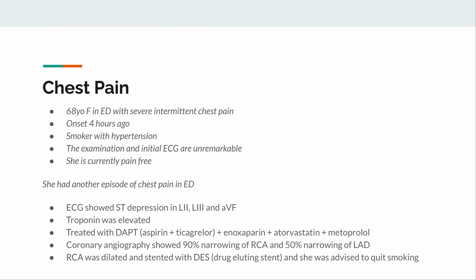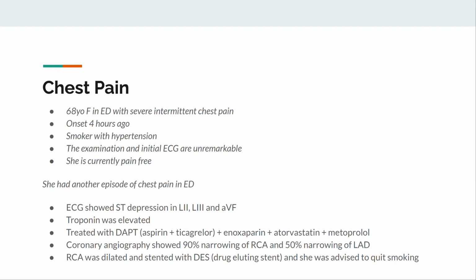She had another episode of chest pain while she was hooked up to the ECG, and it showed ST depression in leads 2, 3, and aVF, and her serial troponin was actually elevated at this time. So they gave her dual antiplatelets, aspirin and ticagrelor, as well as low-molecular-weight heparin, enoxaparin, and they also started her on a statin and a beta blocker. So note that this is an NSTEMI, so they don't need an immediate reperfusion strategy,